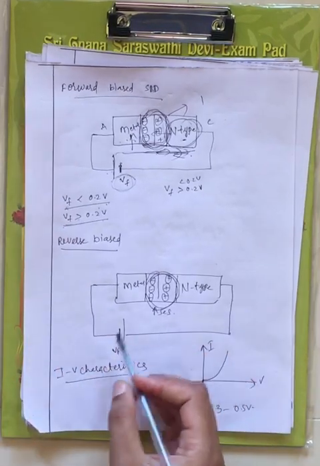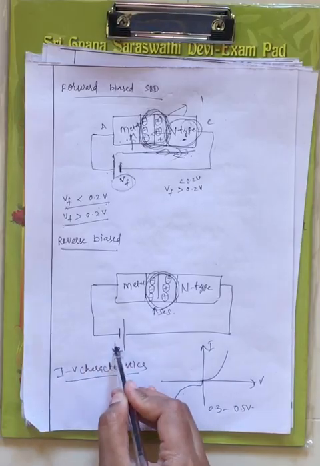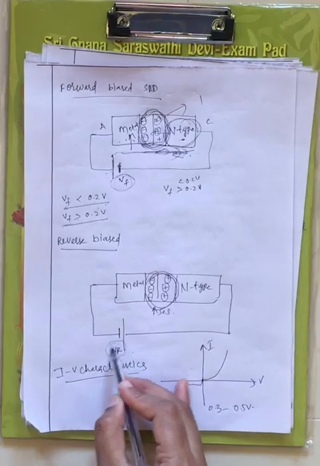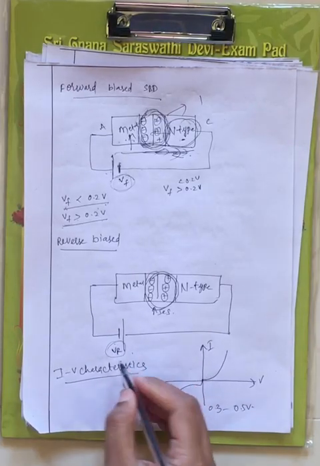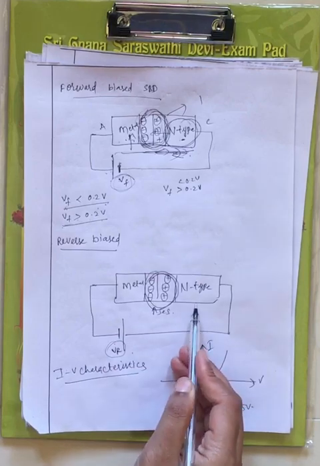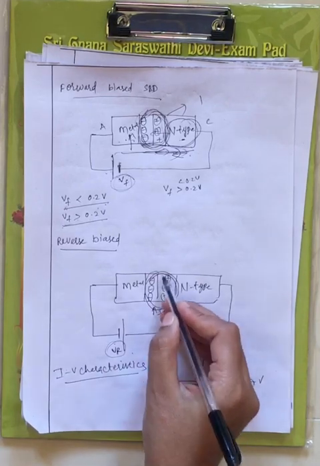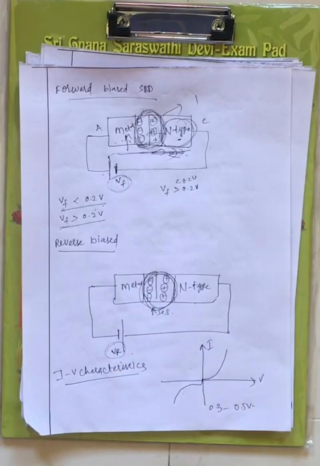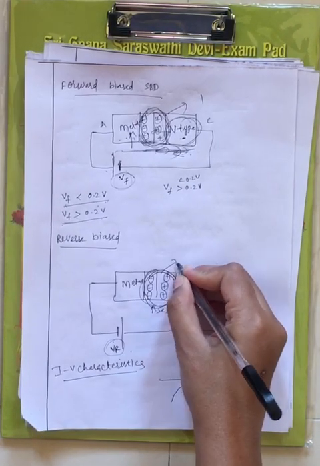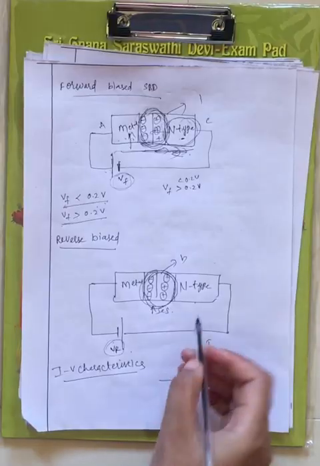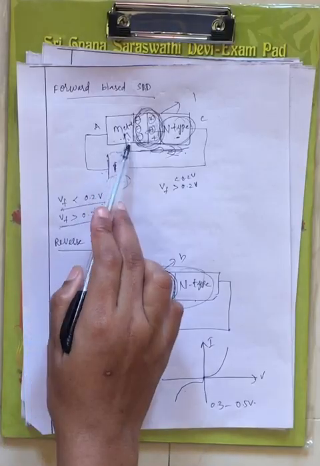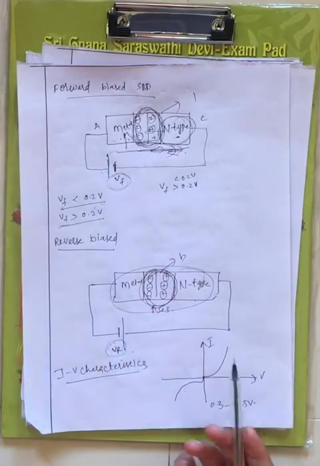Now when we apply reverse bias to the Schottky barrier diode, that is, anode is connected to the negative terminal of the battery and cathode is connected to the positive terminal of the battery, VR is nothing but the voltage under reverse biased condition. Now if we apply voltage to your Schottky barrier diode under reverse bias, what happens? The depletion region increases, right? Once the depletion region breakdown occurs, this particular Schottky barrier diode will get damaged, right? Now this is the operation under forward bias and this is the operation under reverse bias.